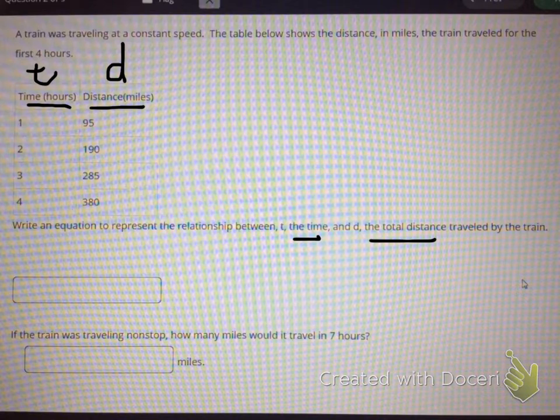So if we add 94 to 1, we would get 95. We can check the second row by adding 94 to 2. That would be 96. That doesn't work because the second column in the second row is 190. So let's try multiplication. So 1 times 95